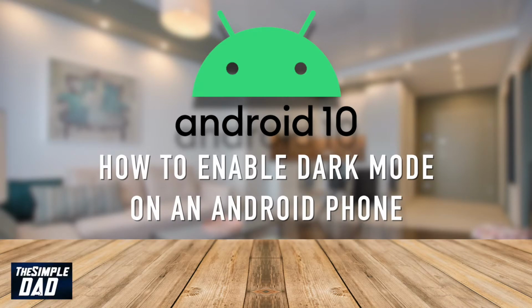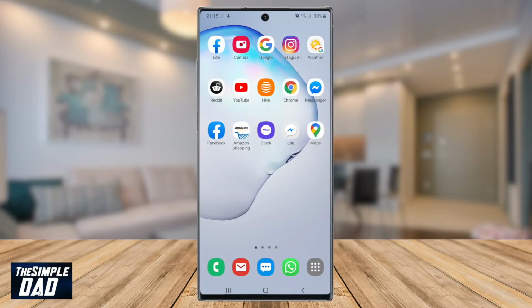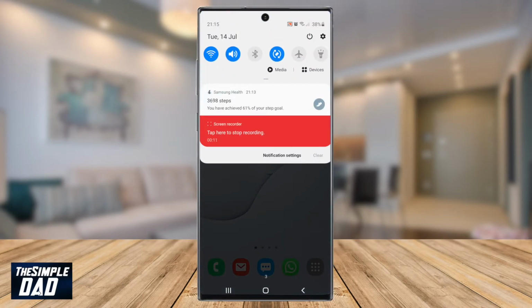Hey guys, welcome back. Today I'll show you how to enable dark mode on your Android phone. Great for reducing strain to the eyes and make your phone stand out from the others rather than having a boring white color scheme. So let's open up settings on your Android phone by swiping down to bring your notification